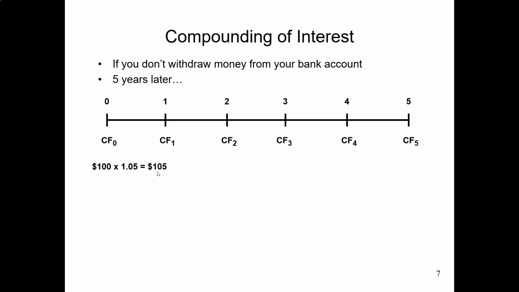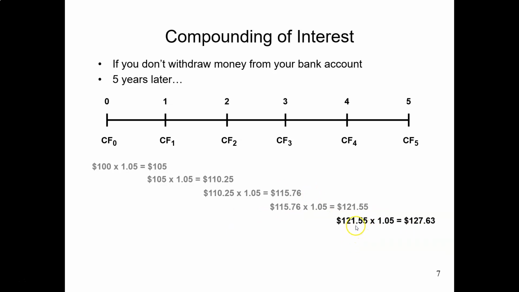Now you use all the money in your bank account to wait for another year. So 2 years after, it will grow to be $110.25. Like a tree, the money in your bank account will grow to be larger and larger and larger. So 5 years after, you will have